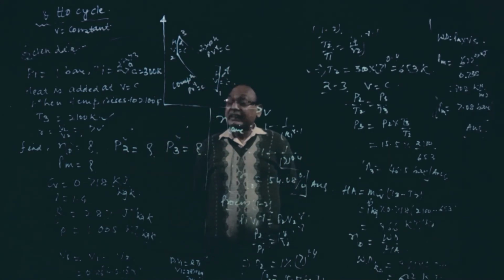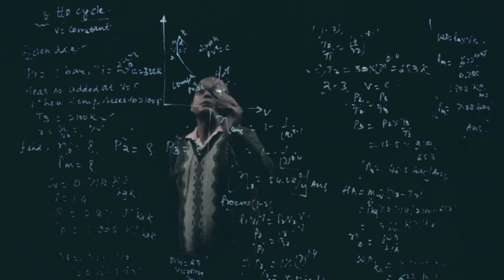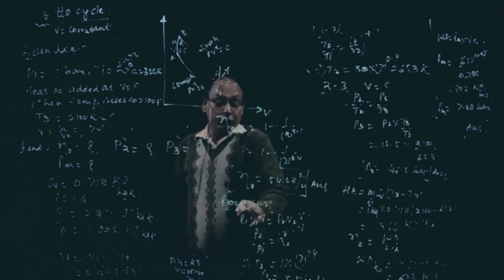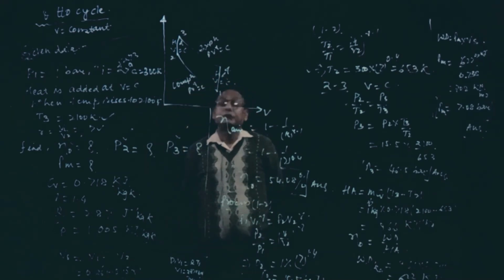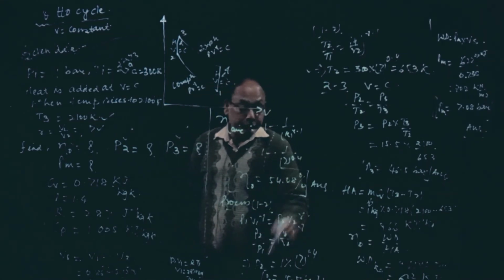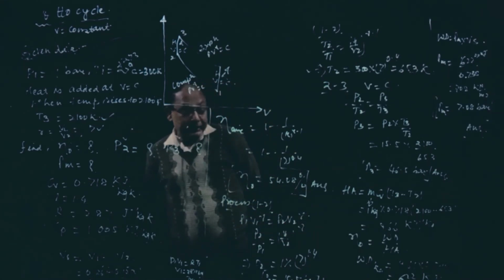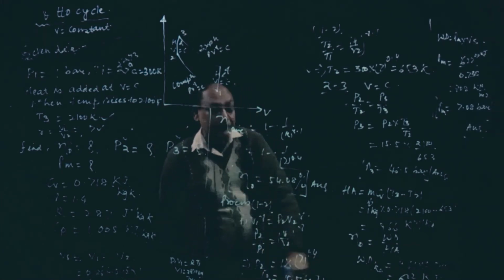Okay, second is how to find out the pressure. Taking the cycle, process 1 to 2 is compression. So for process 1 to 2, P1 V1 to the power gamma is equal to P2 V2 to the power gamma. So P2 by P1 will be equal to V1 by V2 to the power gamma. P2 will be 15.5 bar, because P1 is in bar, so this will be in bar only.